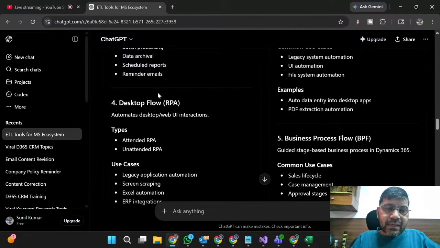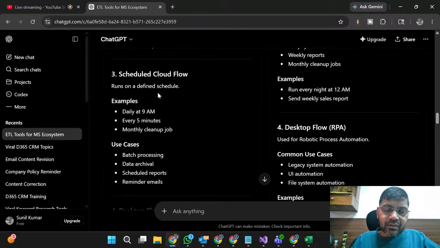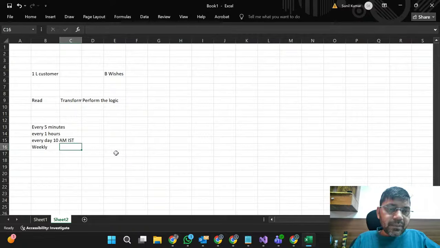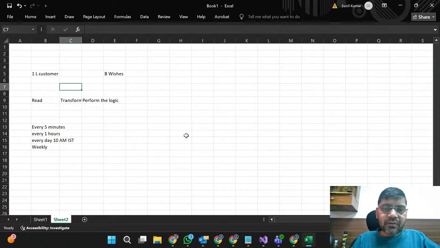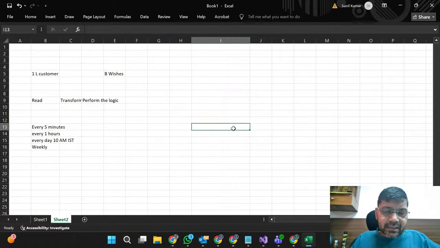So you can define different options, whatever we discussed here. We can send one reminder, like, hey, this particular invoice is pending. Suppose there is a task opened for a specific time, so that is one automation part also. If there are certain tasks team members need to perform, then the requirement here is, any open task,